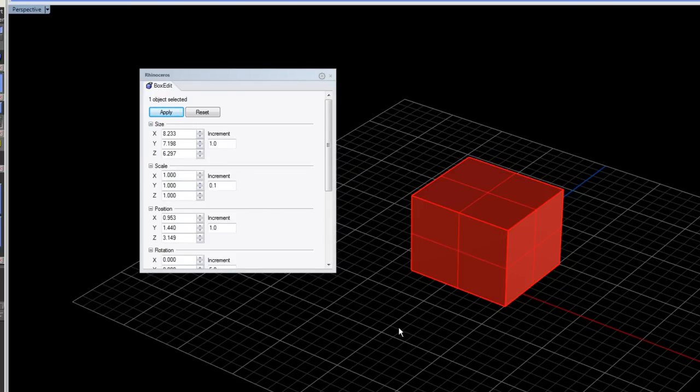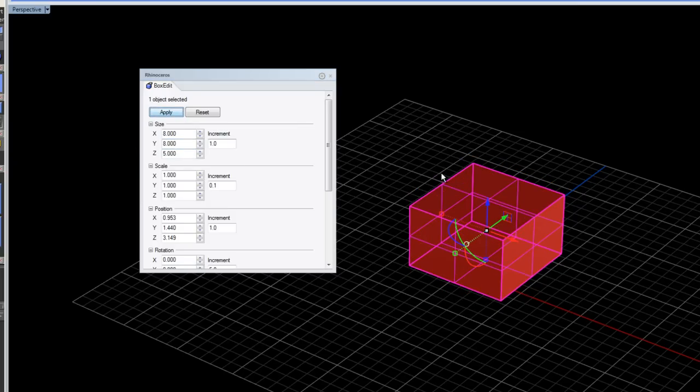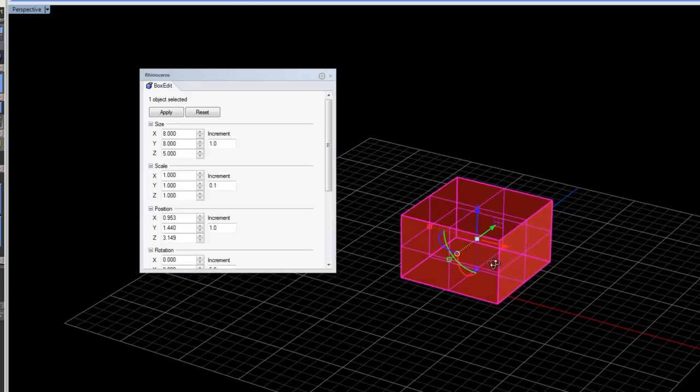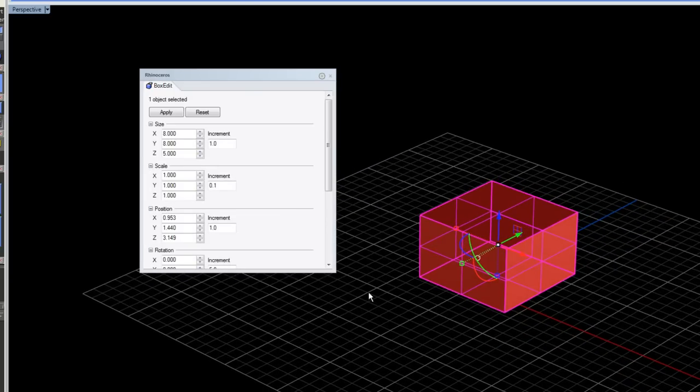When I created this box, I didn't really have any set dimensions in mind. But what this allows me to do is, you can see we have a size in the X, Y, and Z. So if I wanted this exactly 8 millimeters in my X, 8 millimeters in my Y, and in my Z I want it 5 millimeters, I can type those in and hit apply, and now my box, or whatever object I'm working on, has taken those exact dimensions,